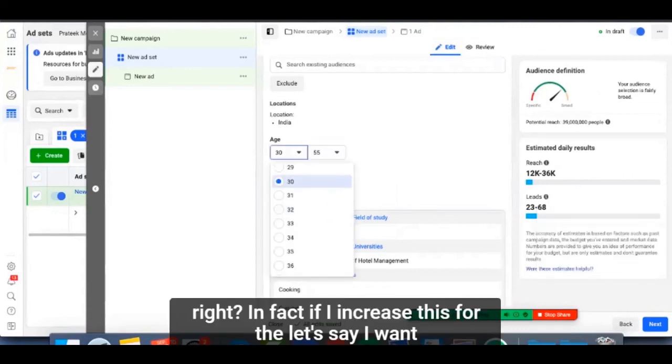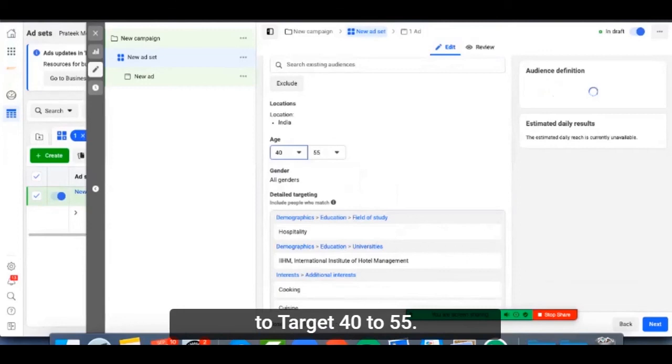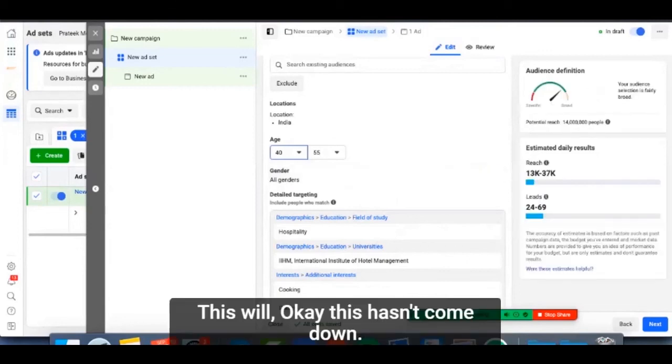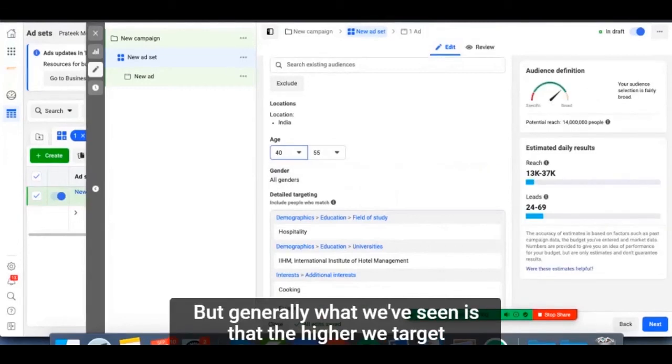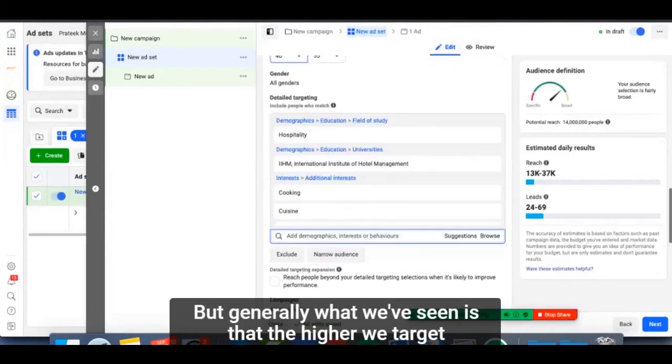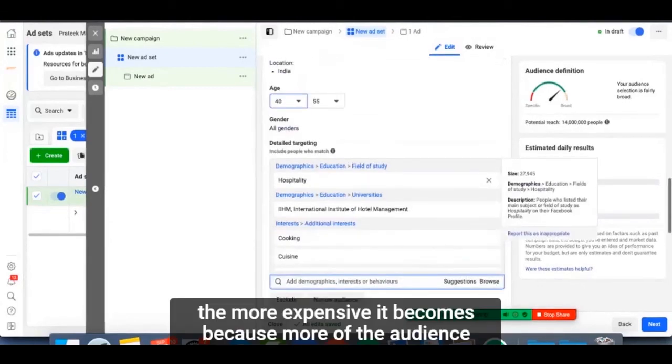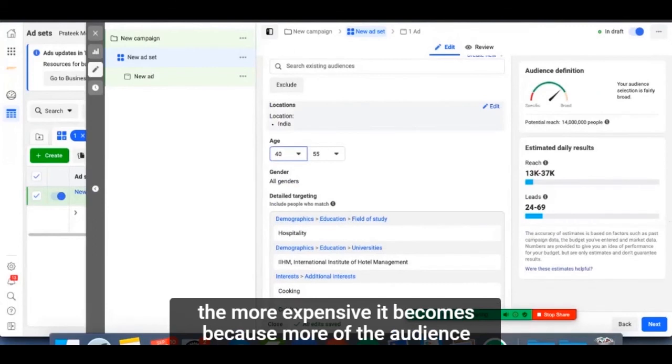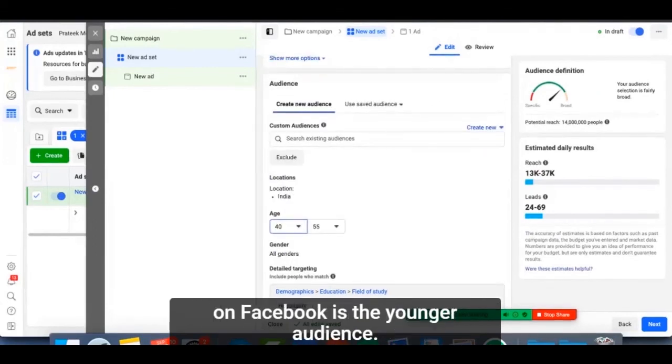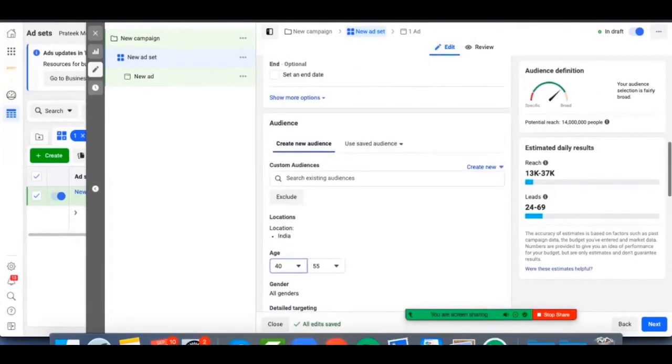In fact, if I increase this further, let's say I want to target 40 to 55, this hasn't come down, but generally what we've seen is that the higher we target, the more expensive it becomes, because more of the audience on Facebook is the younger audience.